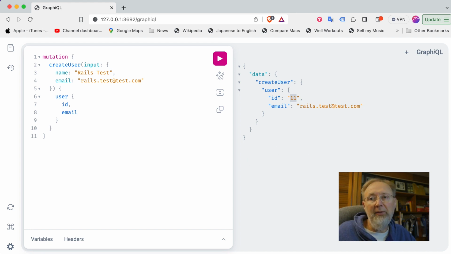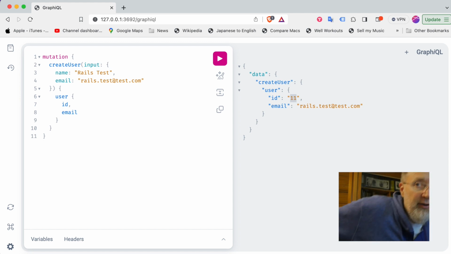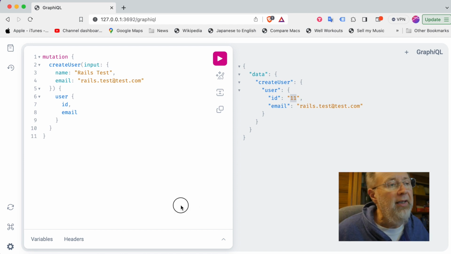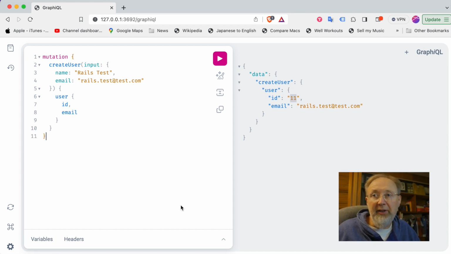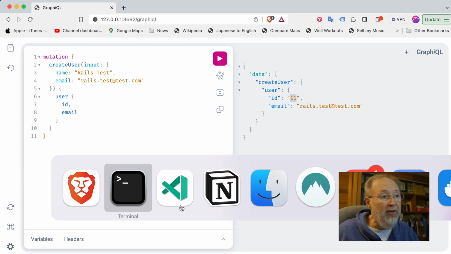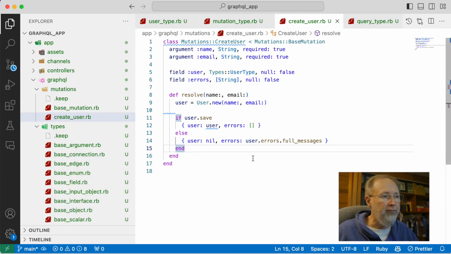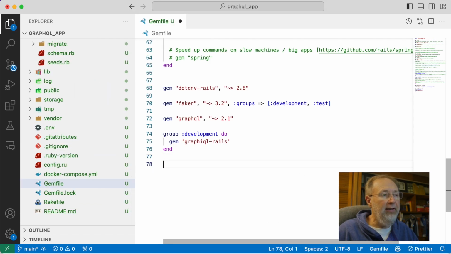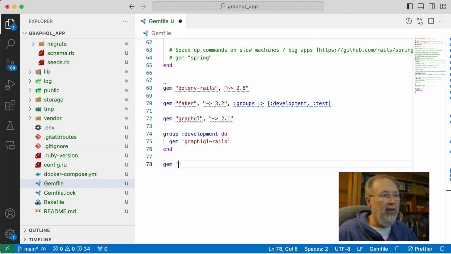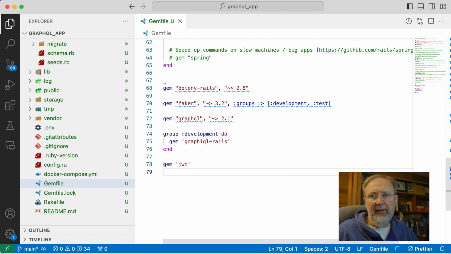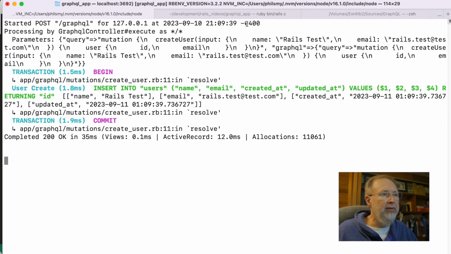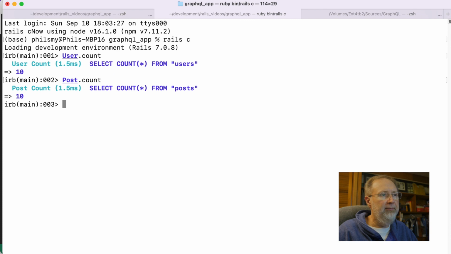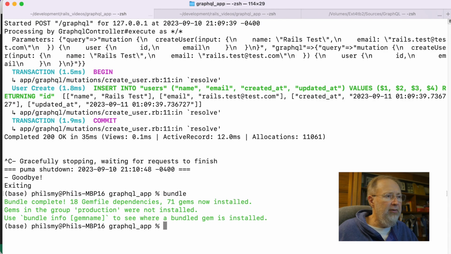So let's do one more sophisticated kind of thing, and that's using authorization or authentication. And we're going to do that using JWT, which is JSON Web Tokens. So let's close everything up here. Let's go to our Gemfile and add the JWT in here. And bundle. So we've bundled, we've added